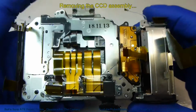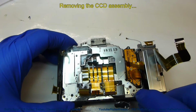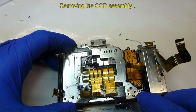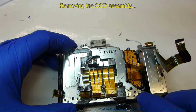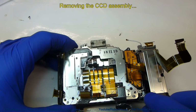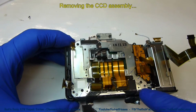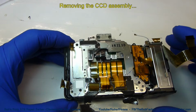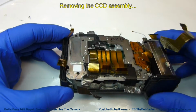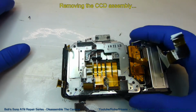Now the thing that's important is that when we lift it up, we need to know exactly where each shim came from, because each shim can be a different thickness. It'll have a number written on it indicating the thickness, and they do it that way so that they can get the CCD unit to lay completely flat in regards to the lens unit. So we have to make sure we get them in the right spot on the diagram